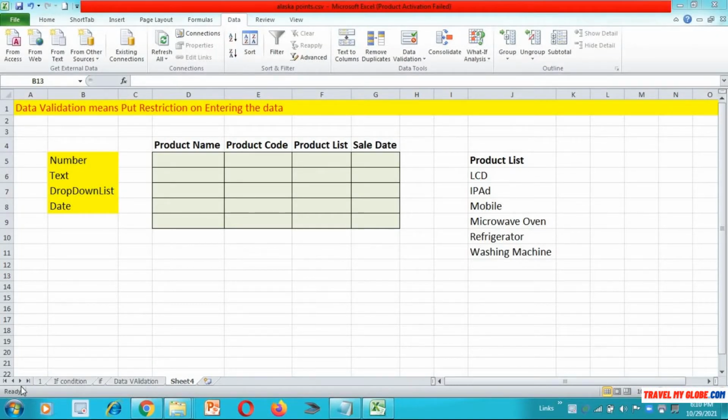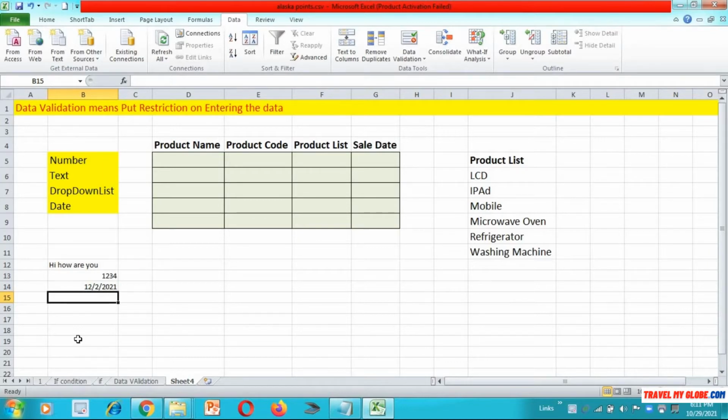In this video, we are going to learn how data validation works and what it means. Let's see. By default, a cell accepts any values, whether it is text or numeric. Like if I want to type any text value in this, "hi, how are you?", it is easily accepting it. And if I enter a numeric value in this, it is also accepting this. And if I enter a date value in this, it is easily acceptable by the cells because by default it has not imposed a single validation on these cells.